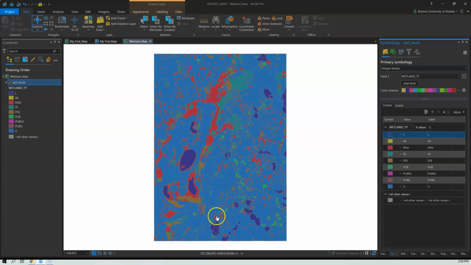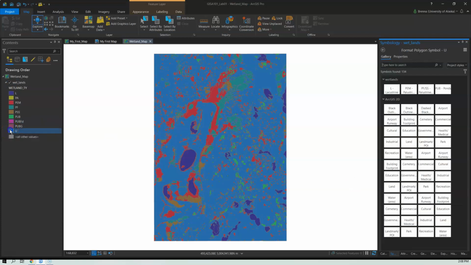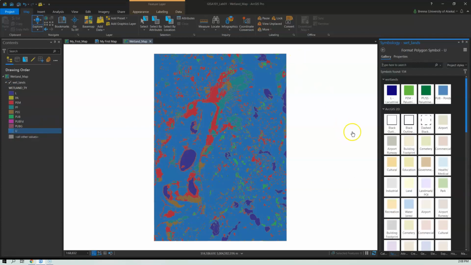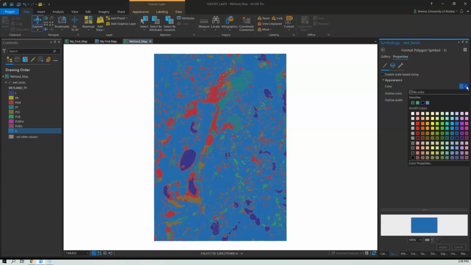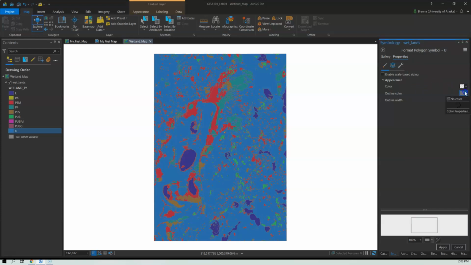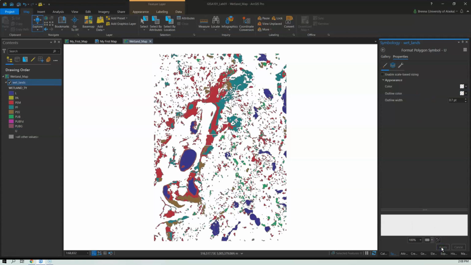For us, we're just interested in wetlands today. So what I recommend doing for the uplands layer, which is what U stands for, you can either click on the symbol here, or you can do it directly from your contents menu, and you'll bring up the same familiar stuff we were looking at last week. So if you go into your properties, for the uplands, you can assign no color to that layer, and then apply that, and all of a sudden your uplands area has disappeared.